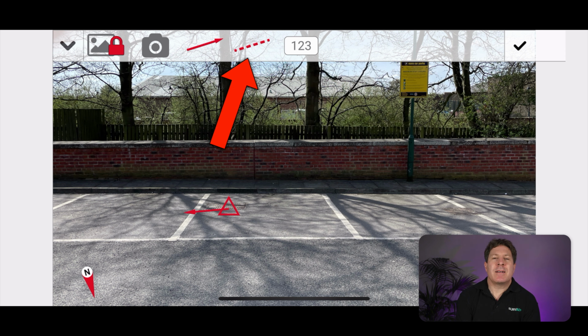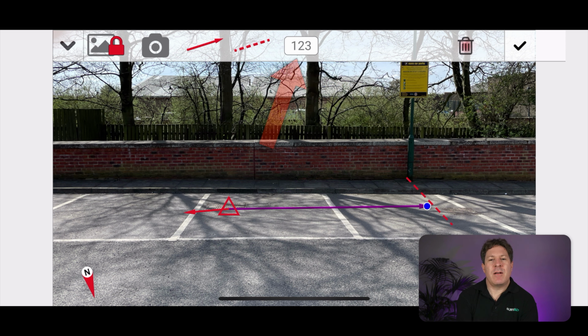I can add in a dashed line if I want to, which can be used for any particular purpose, but what happens a lot of the time is that it will be drawn to kind of emanate out from a landmark, and then we'll draw another arrow on the diagram to show a distance from the main object to that one. So I'll draw that round and then tap on the background,